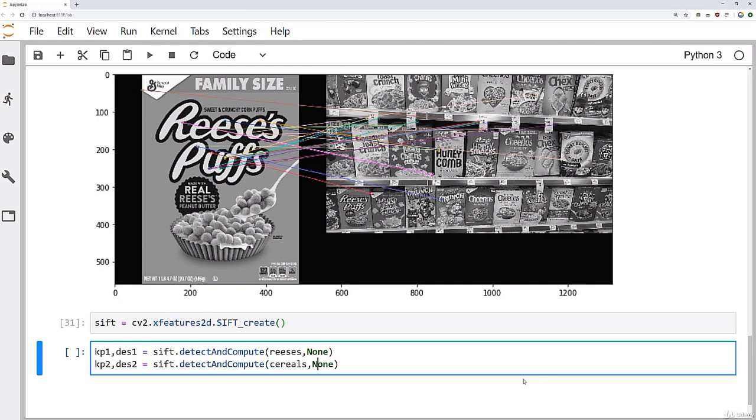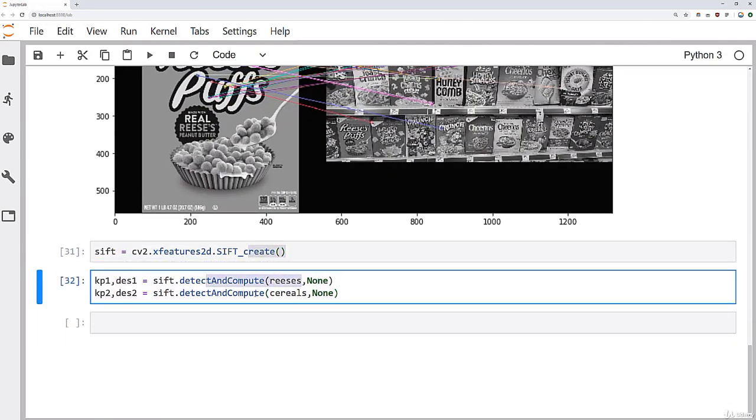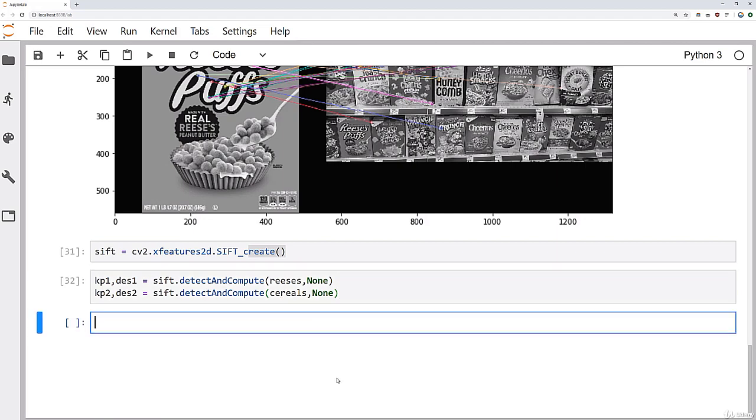All right, so nothing different so far. We've done the same thing as we did last time. We created this object, and then we detect and compute where there are actual descriptor matches. Next up, we're going to calculate those matches. Now that we have descriptors for each of them, we want to compare them. So we're going to do this by brute force. We'll say cv2.BFMatcher,